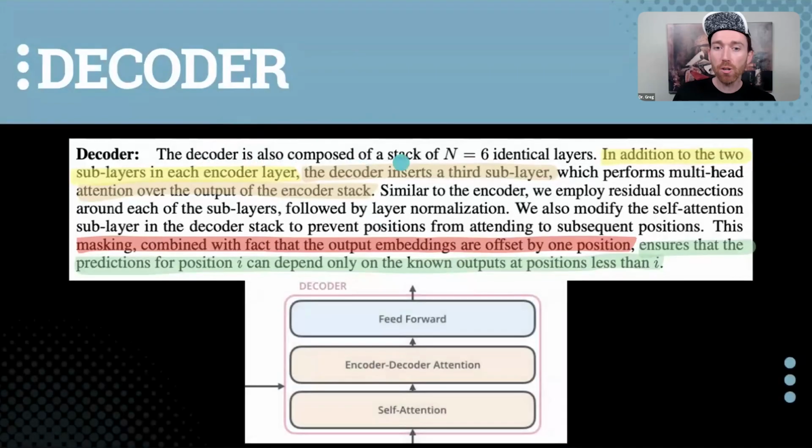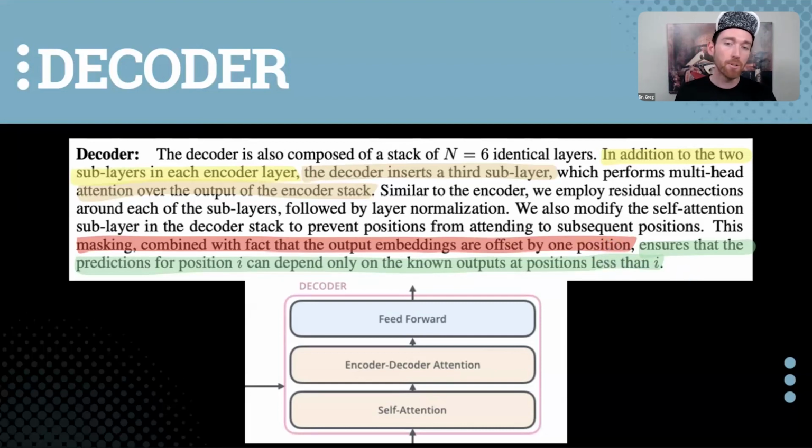Okay, encoder, stack, N equals 6 identical layers. Decoder: the decoder is also composed of a stack of N equals 6 identical layers. In addition to the two sublayers in each encoder layer, the decoder inserts a third sublayer. Look, that's the encoder-decoder attention. That's the old encoder talking to the decoder, okay? Now, additionally, we talked about this last time, the masking combined with the fact that the output embeddings are offset